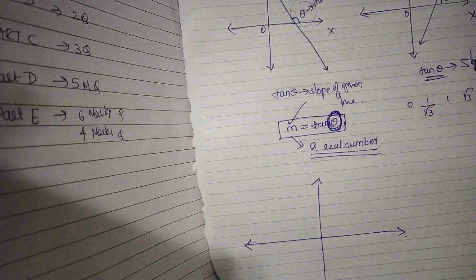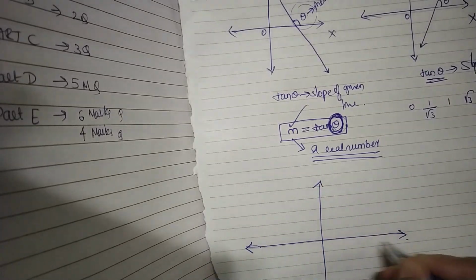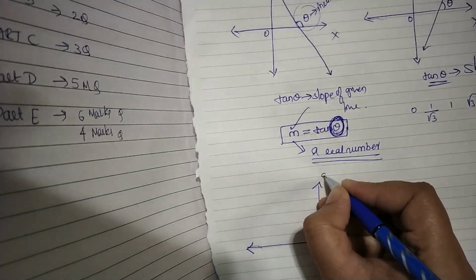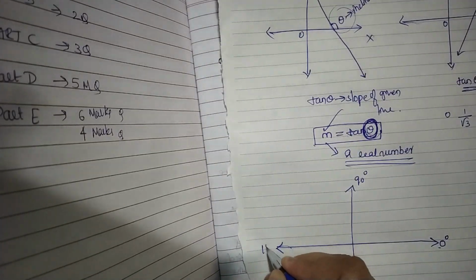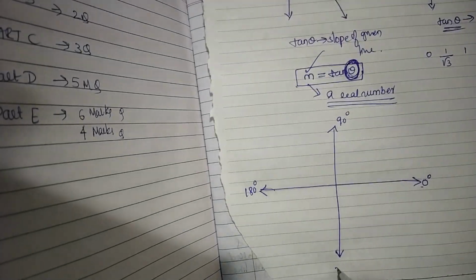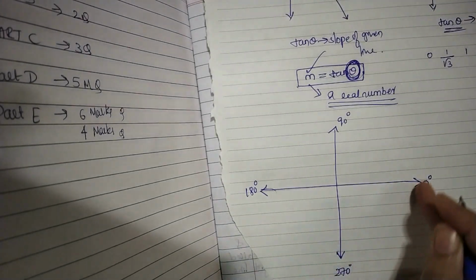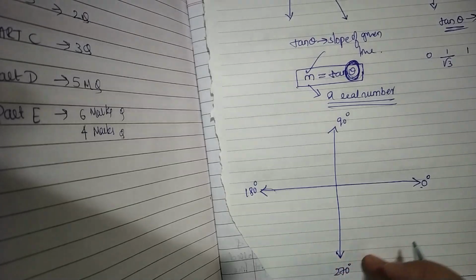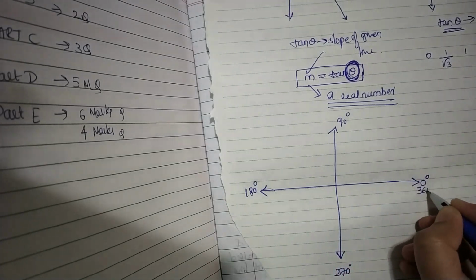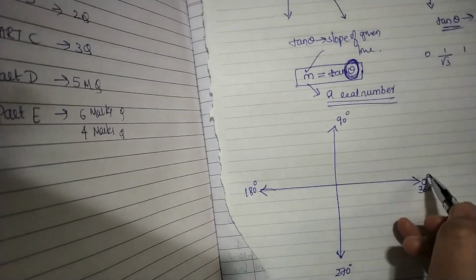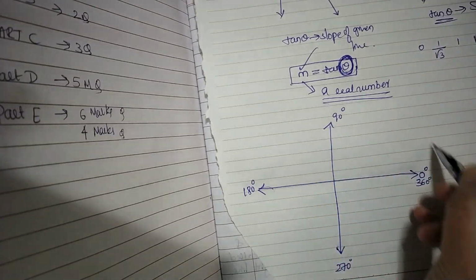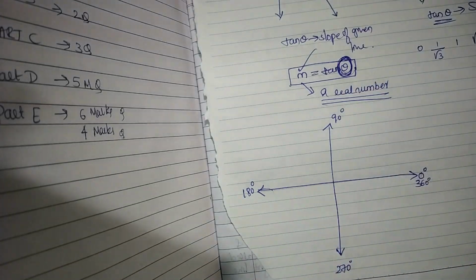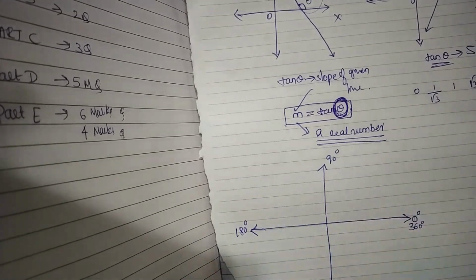Okay, so here that is quadrants, that is x-axis, y-axis with origin. So here the angle starts from 0 degree and it is 90 degree. Here it is 180 degree and here it is 270 degree. Once a complete rotation is done, 0, 90 degree, 180 degree, 270 degree, then here it is 360 and it stops. Next from 360 you again add 90, plus 90, next plus 90, plus 90. Okay, so this becomes one complete rotation.